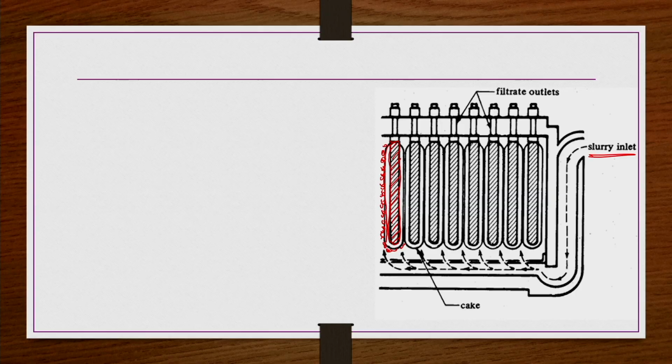So, the slurry that is coming attacks the surface. Solids are being deposited on the filter medium or filter cloth that is covering these leaves, and then whatever liquid is there passes through and comes into the hollow structure of the leaves and then passes through as filtrate. So, the filtrate is being collected through the filtrate outlet like this. These solids are being deposited on the outside surface of the filter cloth. A number of these leaves are in the intermediate regions also like this.